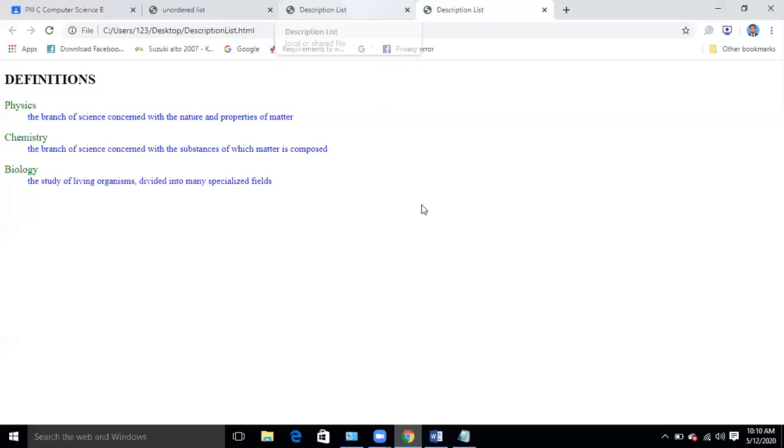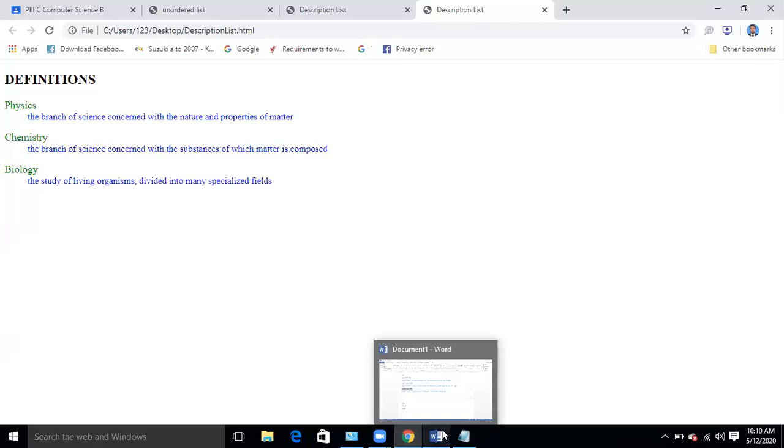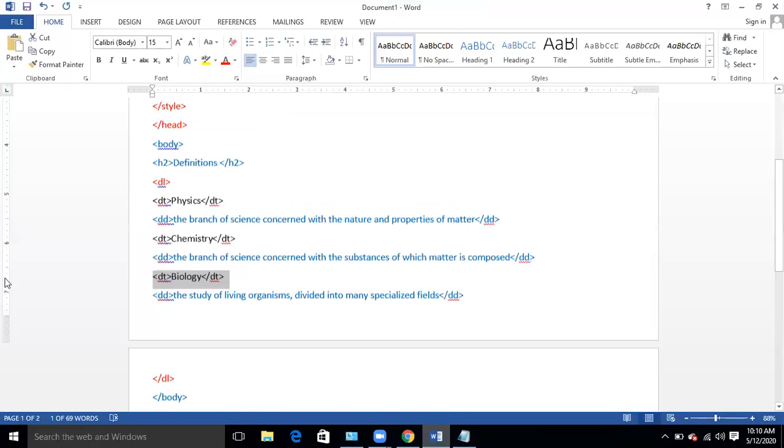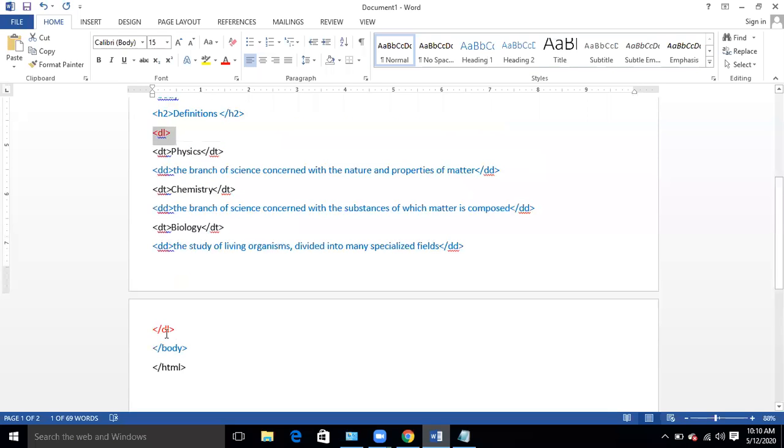What are the three different tags we have used in this program? There are three tags. DL for the definition list and closing DL, then DT, the definition term heading, and DD, the definition detail.